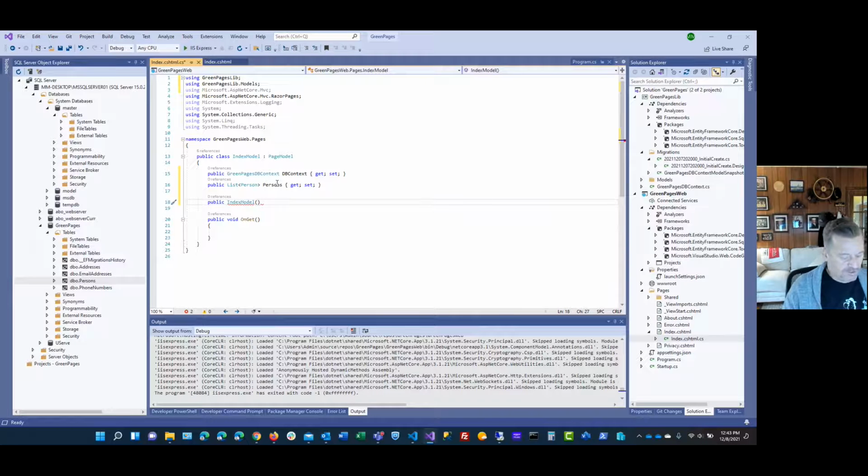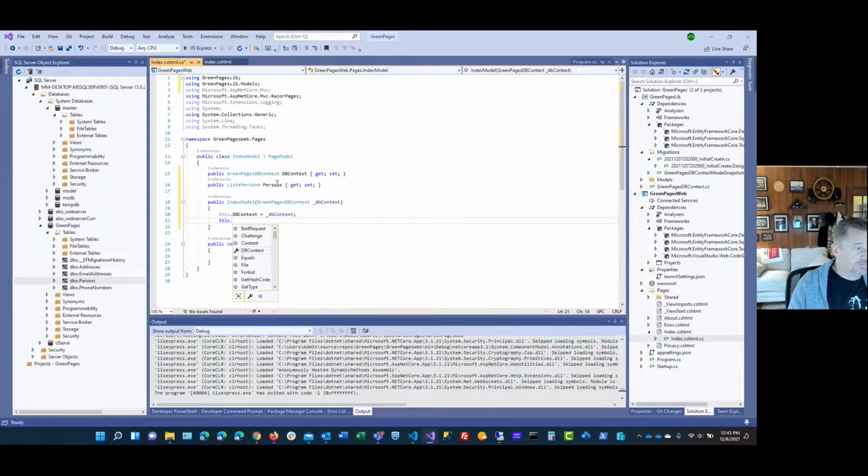So we need green pages context. Let's call this DB context. We want this dot DB context equal to that. And then we want this dot persons